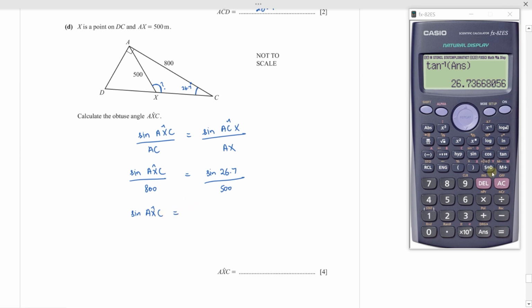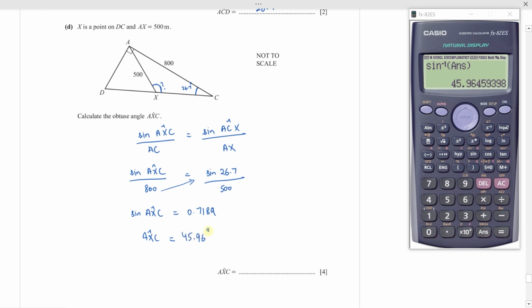So sine of AXC will be this divided by this and then multiplied by 800 as I take this 800 to the other side. Sine of 26.7 divided by 500 and then into 800. So this is 0.7189. So AXC here will be sine inverse of this,